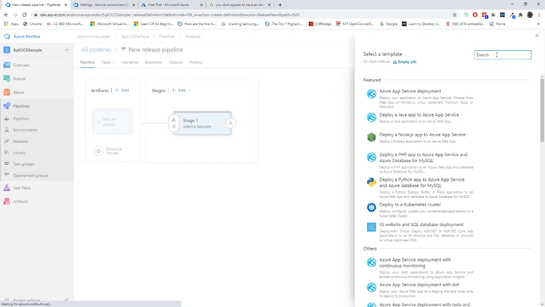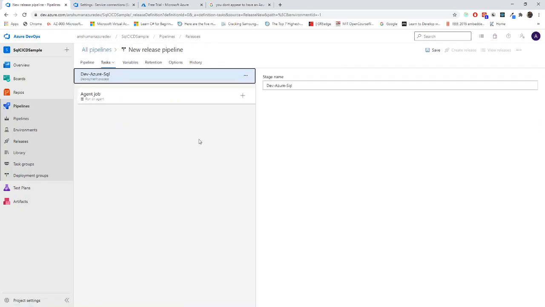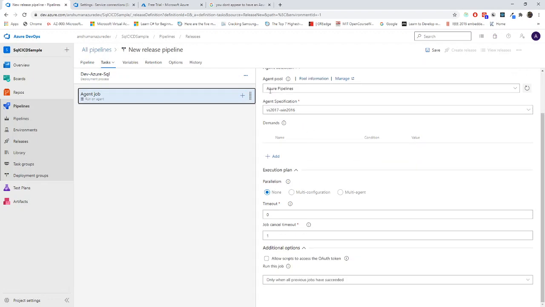In release, I will create an empty job for stage one. I will mark it as dev server, Dev SQL Azure SQL. I think it looks good. Now I will go to the job. In agent job, everything looks fine.